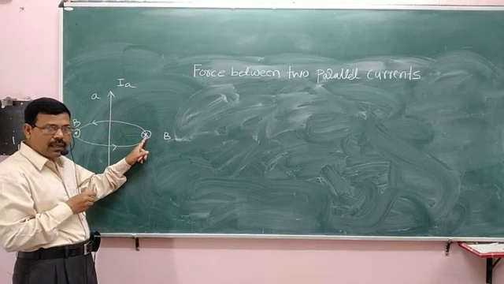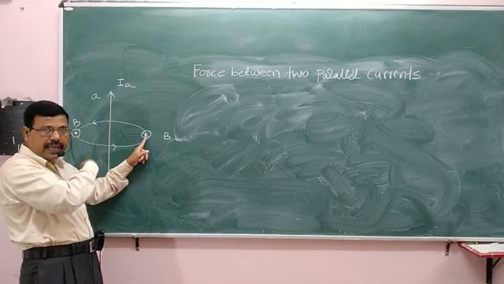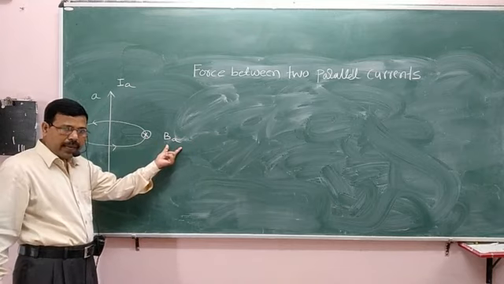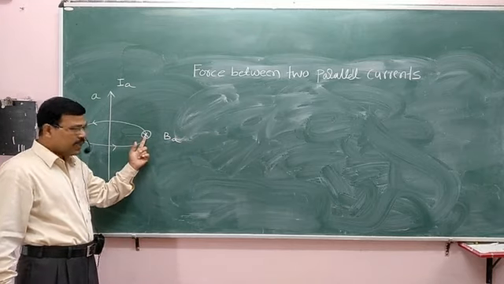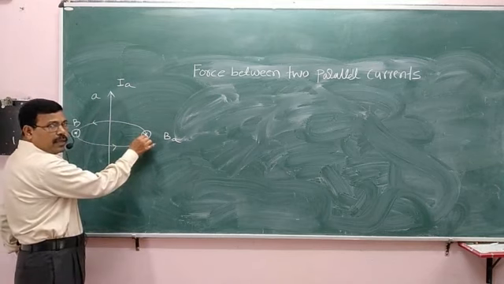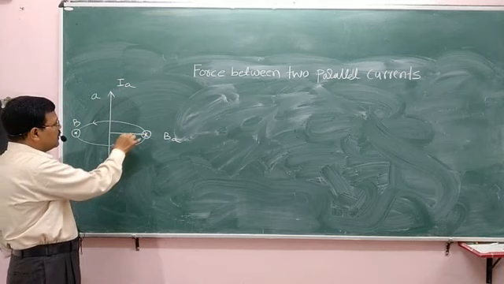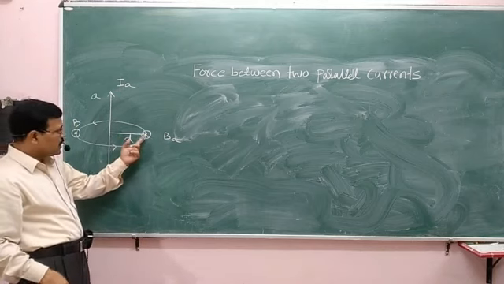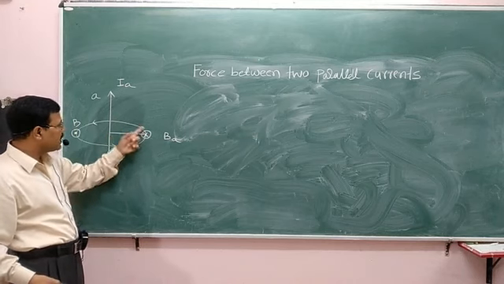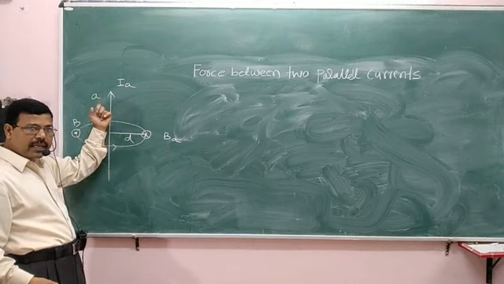The magnetic field produced by this conductor A, which is carrying the current IA, at this point is BA. So what is BA? The magnetic field produced at this point by this current carrying conductor. This point is located at a distance d from the conductor. d is the distance between the point of interest and the conductor, or we can say the radius of this magnetic loop which is produced along this straight current carrying conductor.